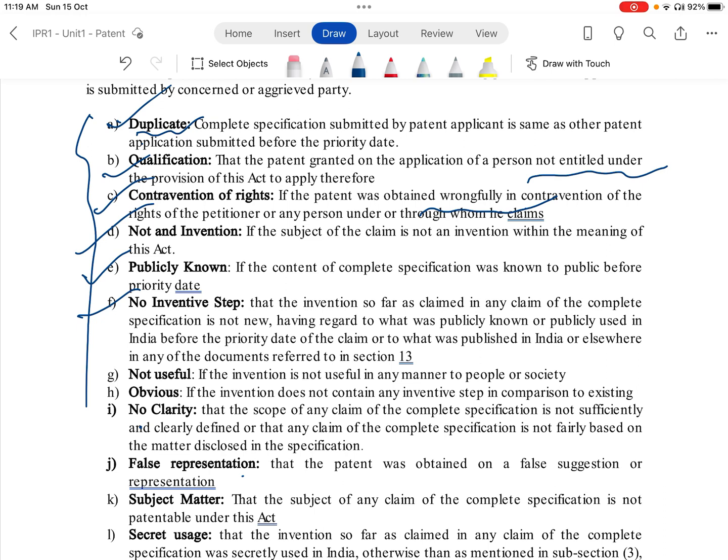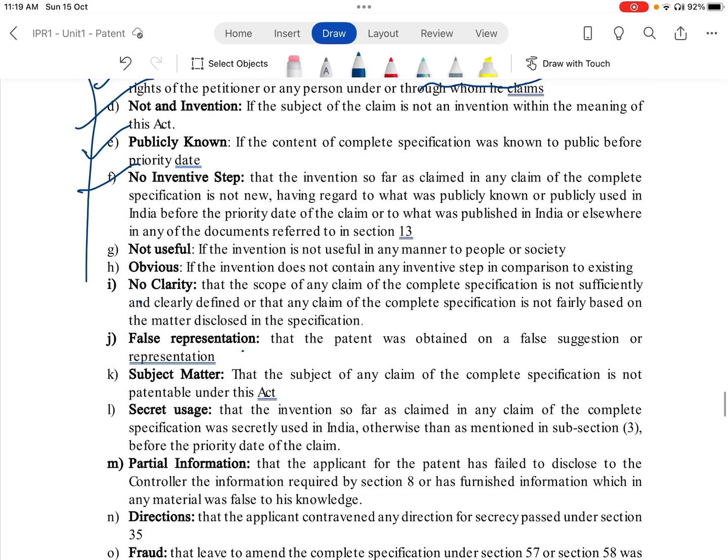Initially, before granting itself, they were knowing, so these are all pre-grant oppositions, and there itself they can hold it. If it is after granting, if it comes, okay, then also they can revoke it. If there is no clarity,